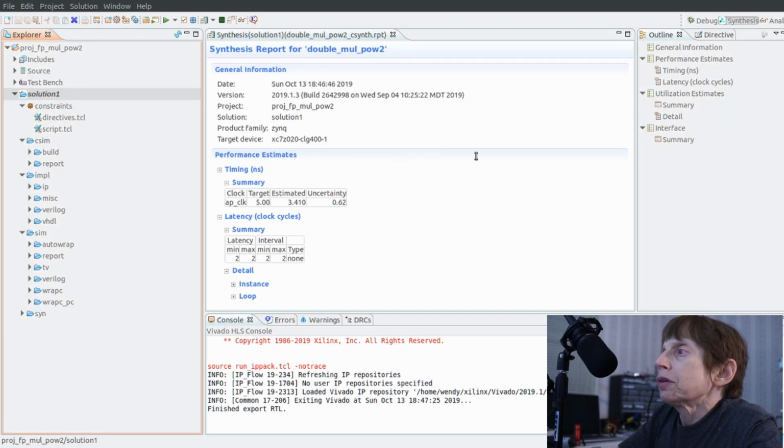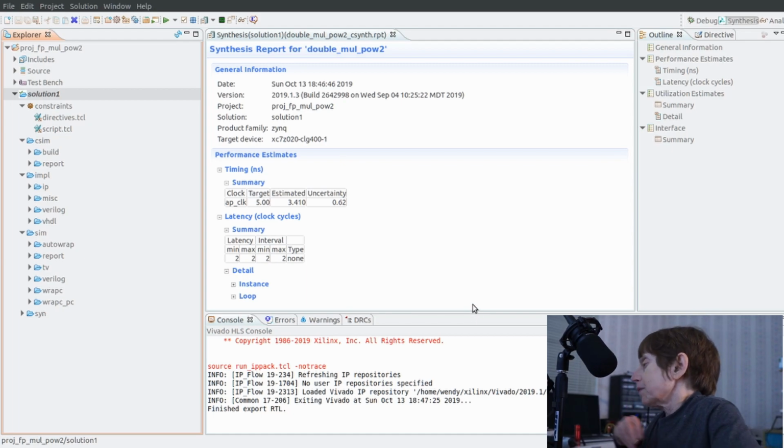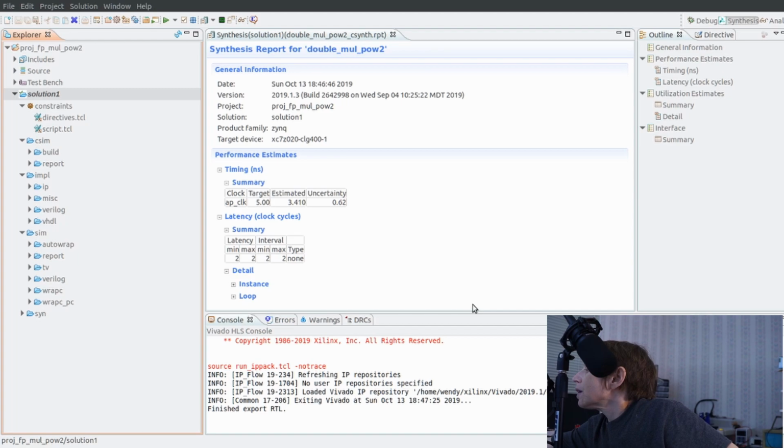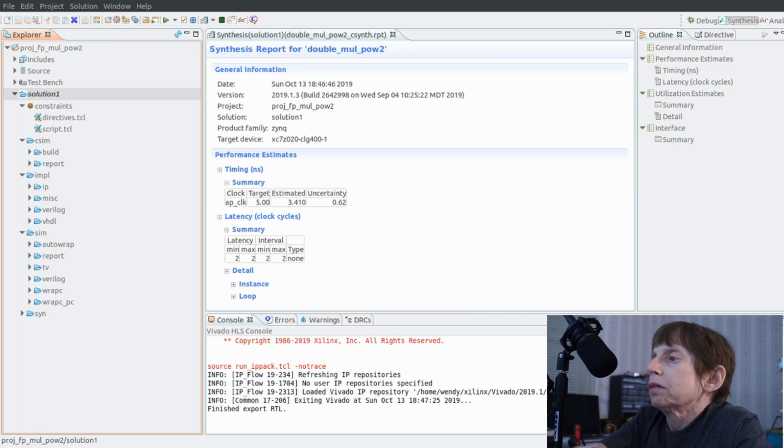So let's say it's solution 2, and I want to target the other board I have, which is an RD S750, Spartan 7. Just going to look, make sure I have the right one. I believe it's a 50. So I click on that,